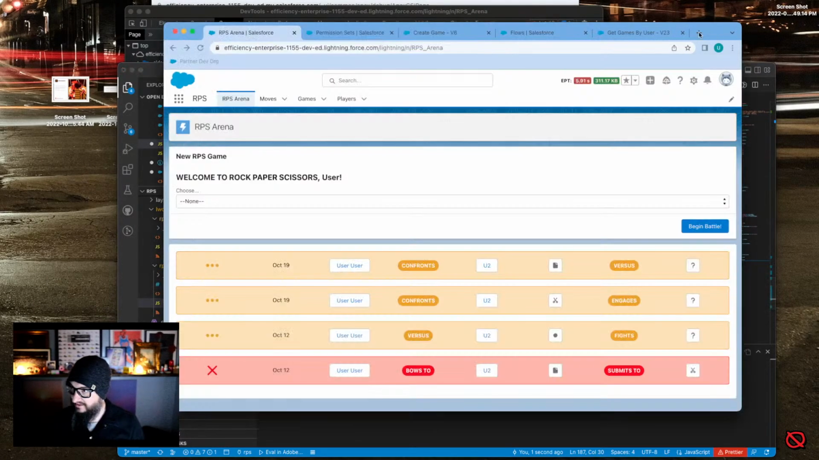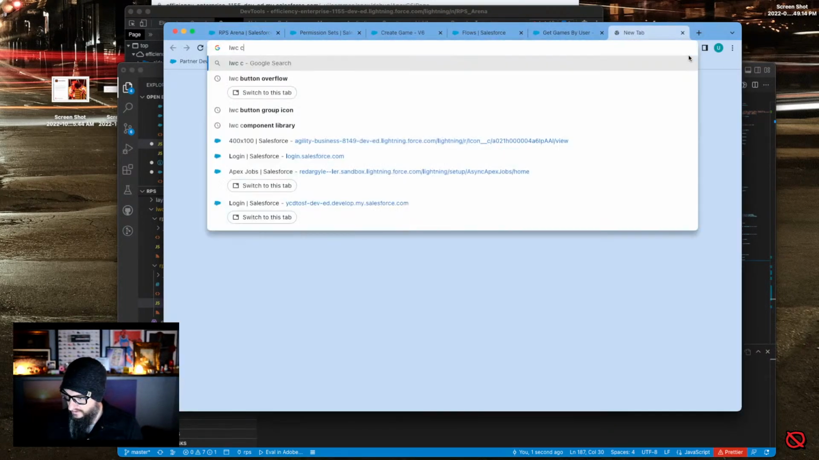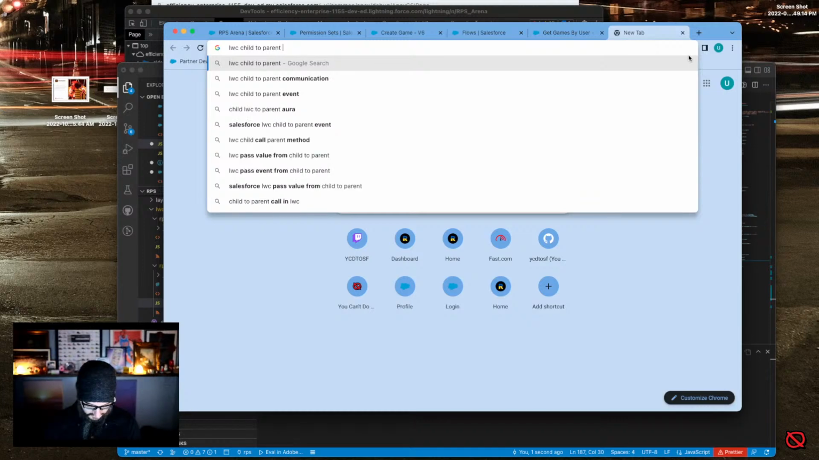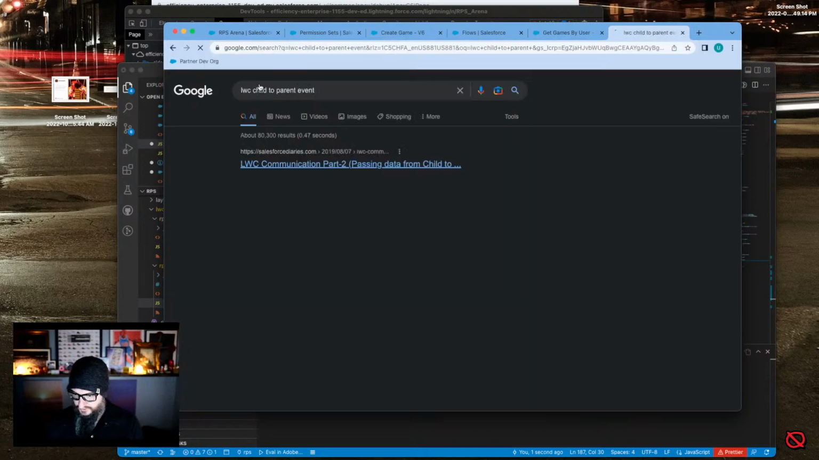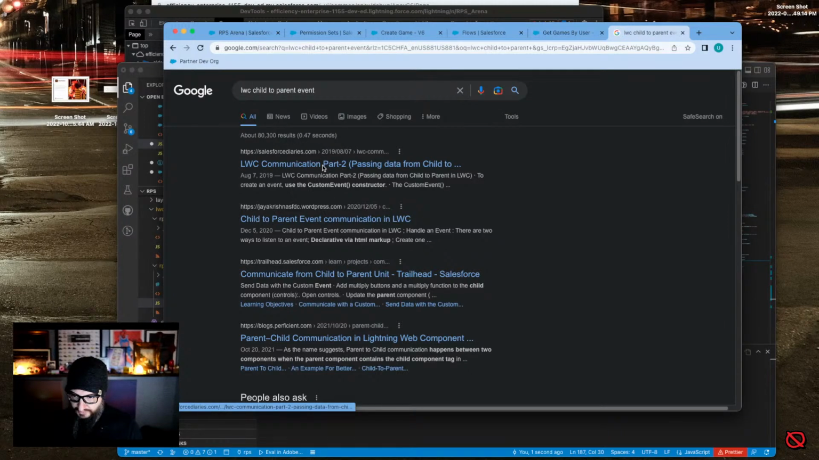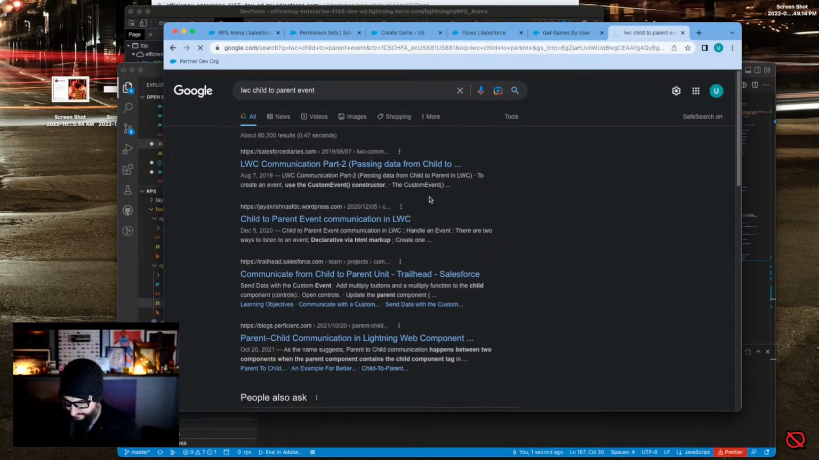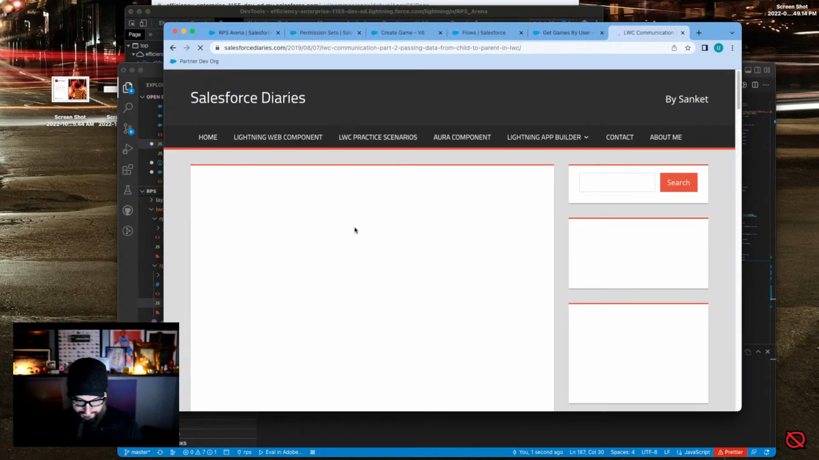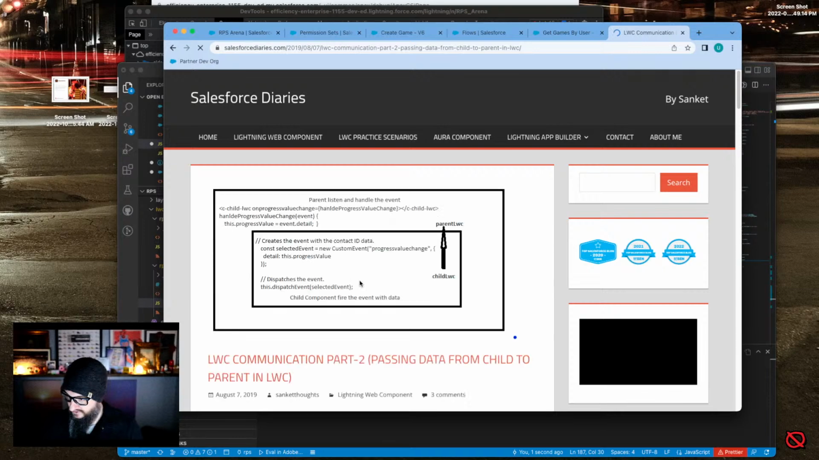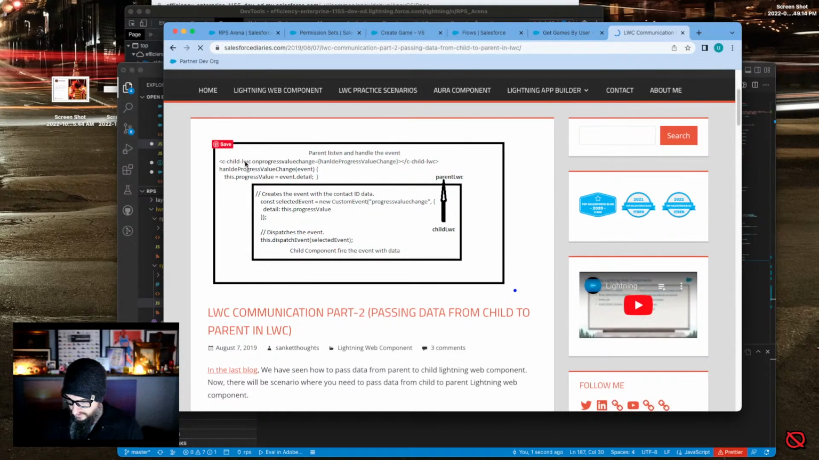And then let's look up, because I forget how to do an LWC child to parent event, because I need to tell the parent that we have a new game to add. So instead of having to do a hard refresh of the page, can we just slap that onto the front of the array? And I feel like I've read this 1,000 times and just don't remember how it all works. So